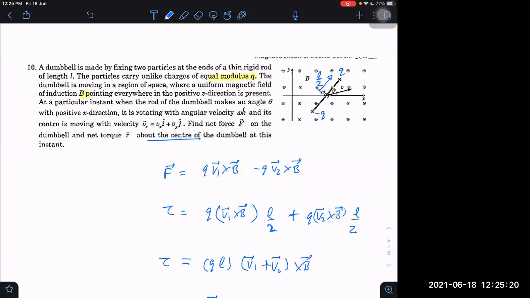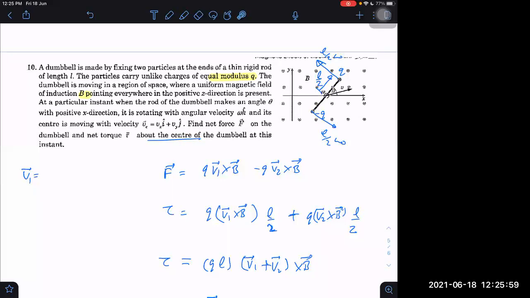Can you get V1 and V2 from this? V1 and V2 will be like this: omega into L by 2, but that I also have to write with proper direction. What is the direction of omega? Clockwise, K cap. K cap means outwards, so this will be the velocity L by 2 into omega, and this will be the velocity L by 2 into omega. So with these velocities, I have to add them. These are with respect to the center of mass or center of charge? Center only, the body center, meaning the geometric center.